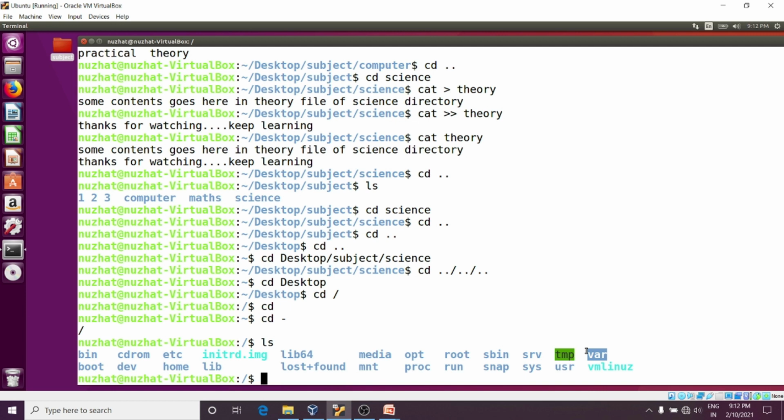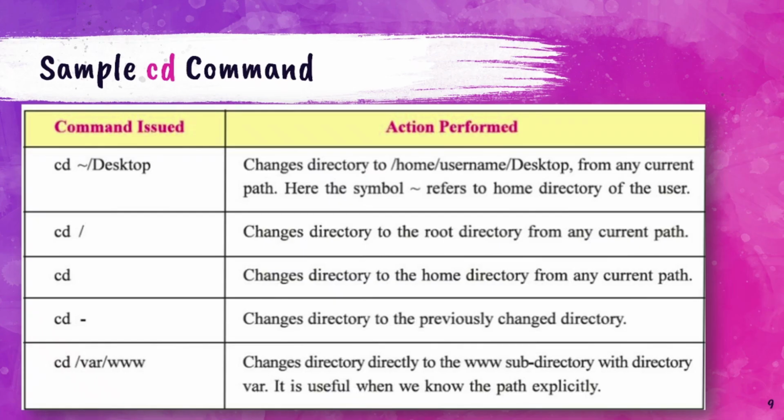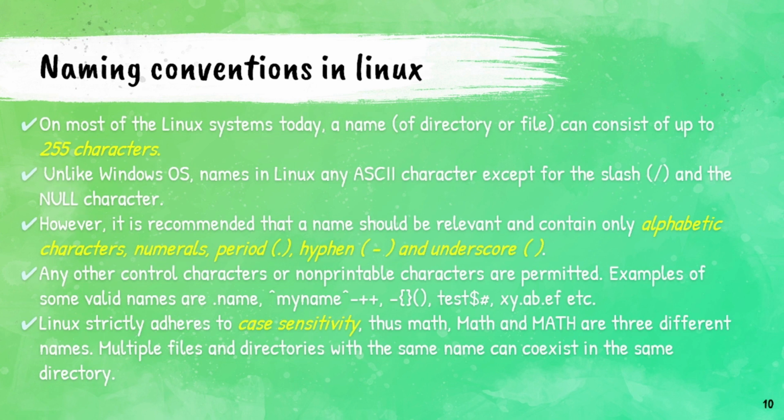In this var directory I want to go inside the log subdirectory. So here I will write the command cd space slash var slash log. This way also we can navigate to any subdirectory inside the root directory. So here we have done all these options that go with the cd command.